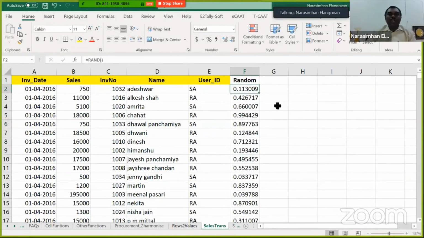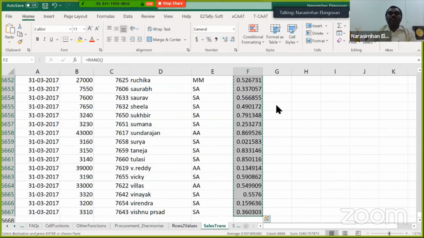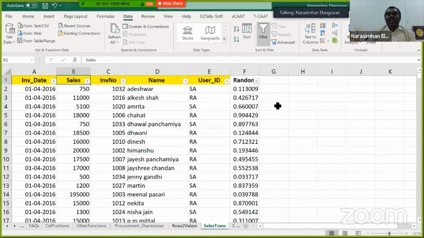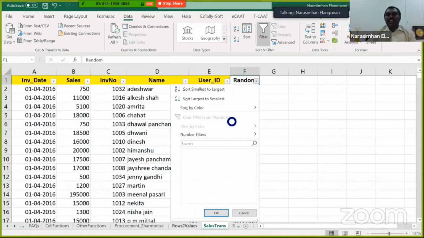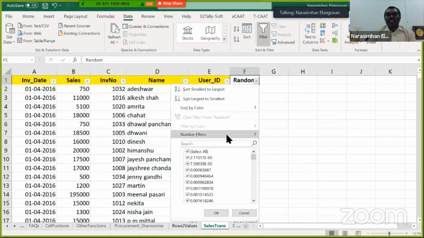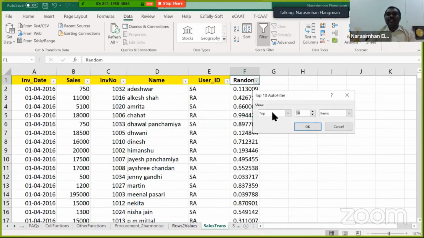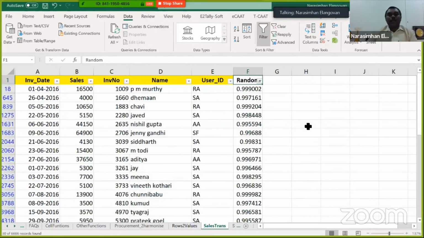So now what I do, I copy this entire information, paste special these, and quickly apply a filter and go to my filter and say, hey, you know what? Go to number filter and choose top 10. Under that, there is an option called top 30 items. Just go ahead and say okay. Now I have chosen top 30 based upon column F. But what is column F? Some random number. And this is what my difference is actually random sampling.